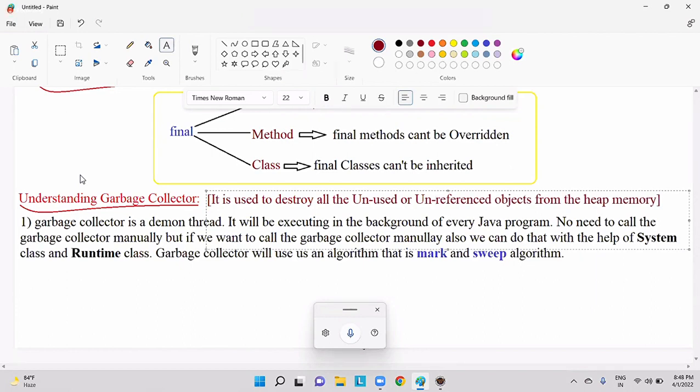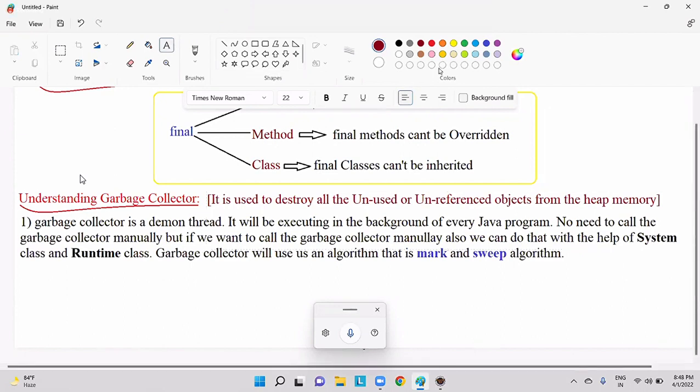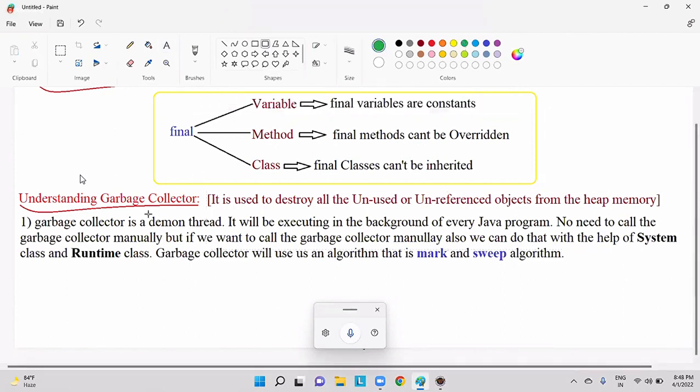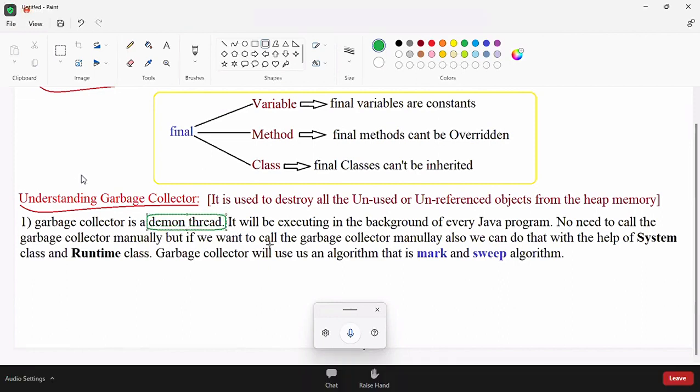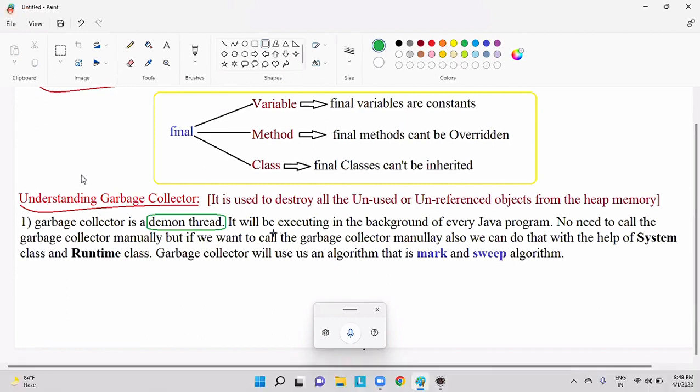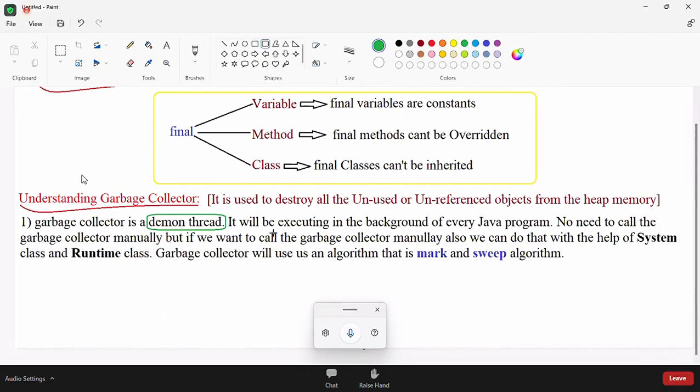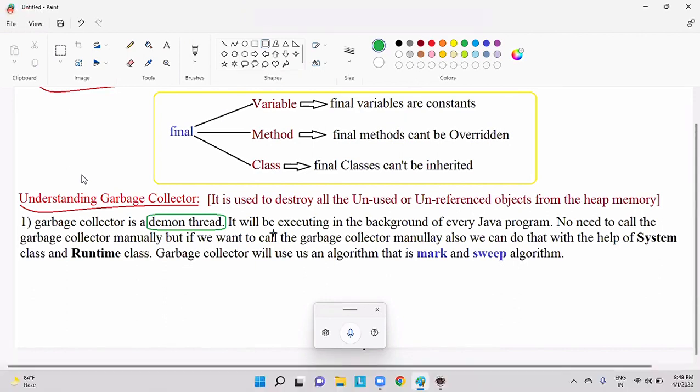So garbage collector is a daemon thread. Now, what do you mean by a daemon thread? A daemon thread is a thread which will be working in the background of a program. No need to call that thread. Automatically it will be executing without our involvement.